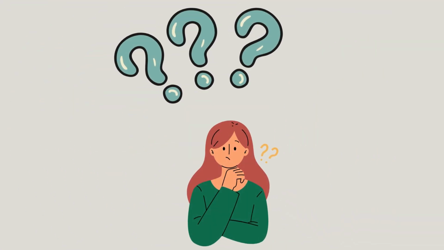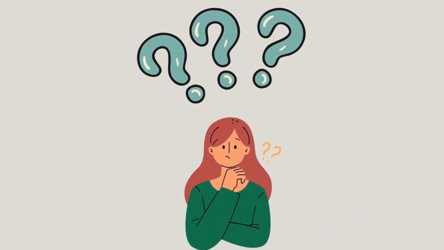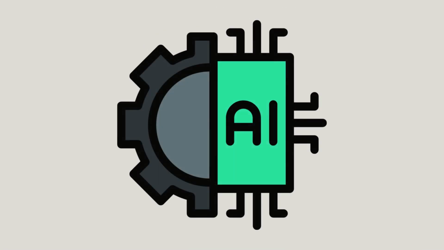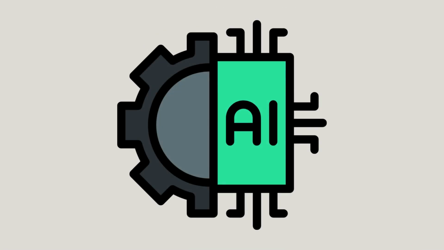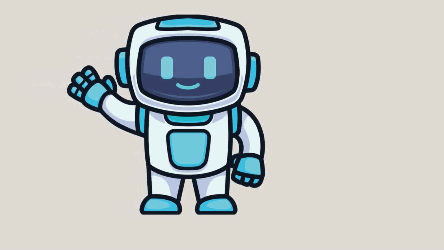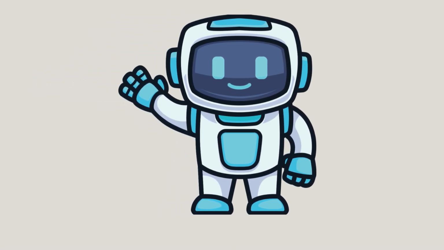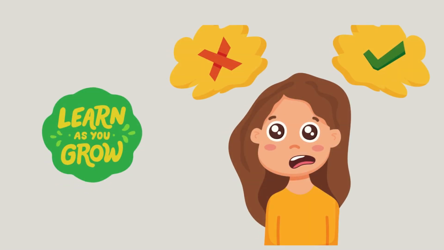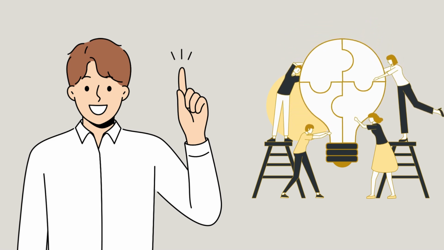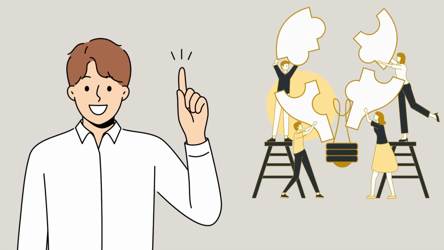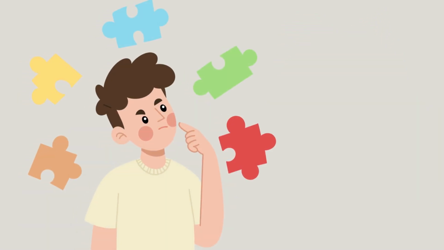What is generative AI? Before understanding generative AI, let's first understand what exactly is an AI. AI stands for artificial intelligence and is like a smart robot or computer program that can learn and make decisions. It's similar to how humans use their brains to learn from experiences and solve problems. Now, what exactly is generative AI?